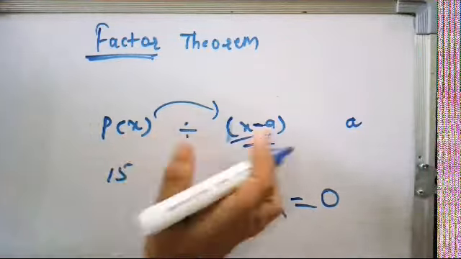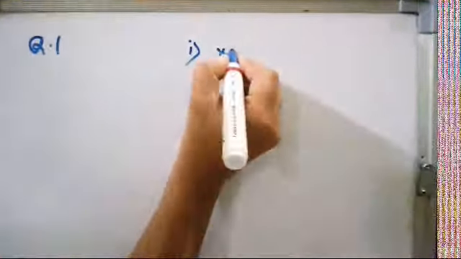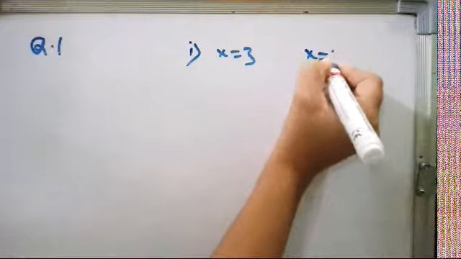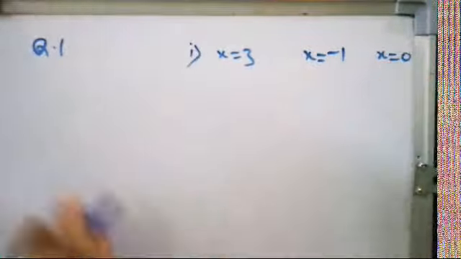Now let's see this. You will understand when you take the exercise and practice it properly. So let's start first of all with question number 1. What is question 1? Find the value of the polynomial 2x minus 2x cube plus 7 using the given values for x. You can see there are 4 values given: x is equal to 3, then x is equal to minus 1, and x is equal to 0. And these values you have to put in the polynomial equation.